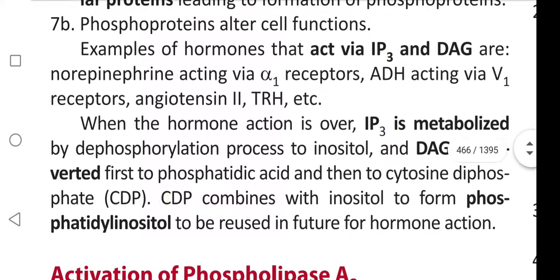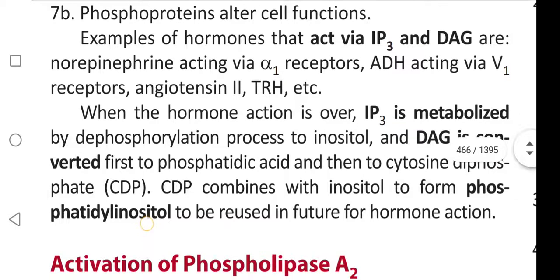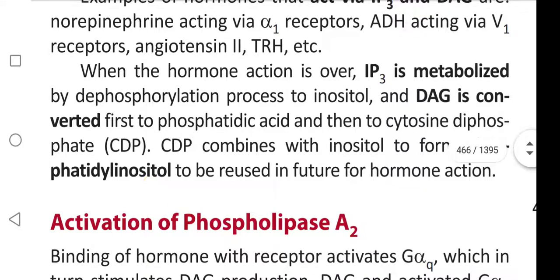When the hormone action is over, inositol triphosphate is metabolized by dephosphorylation to inositol, and diacylglycerol is converted first to phosphatidic acid and then to cytidine diphosphate. Cytidine diphosphate combines with inositol to form the phosphatidyl inositol to be reused in future for hormone